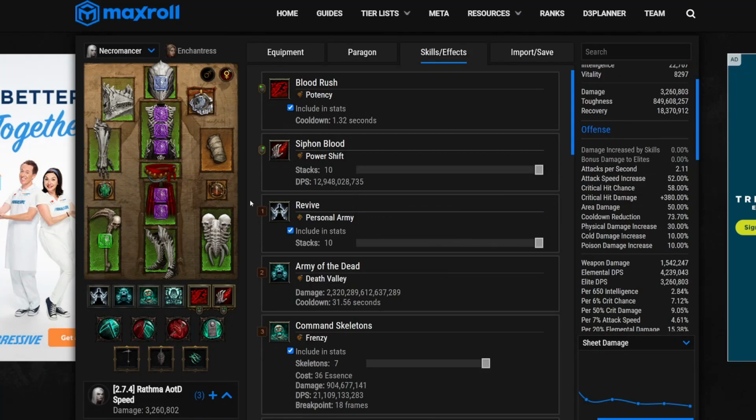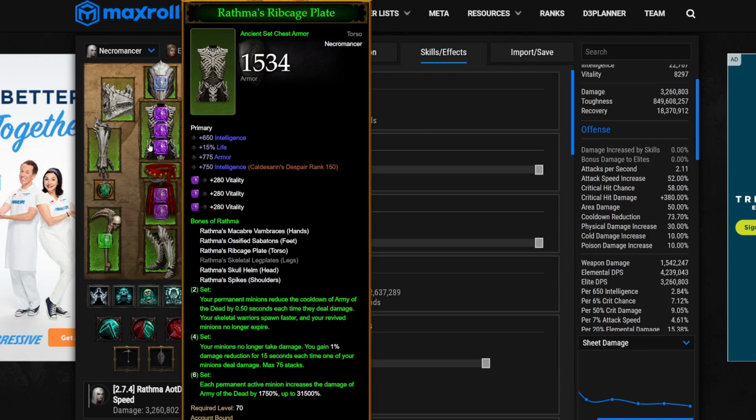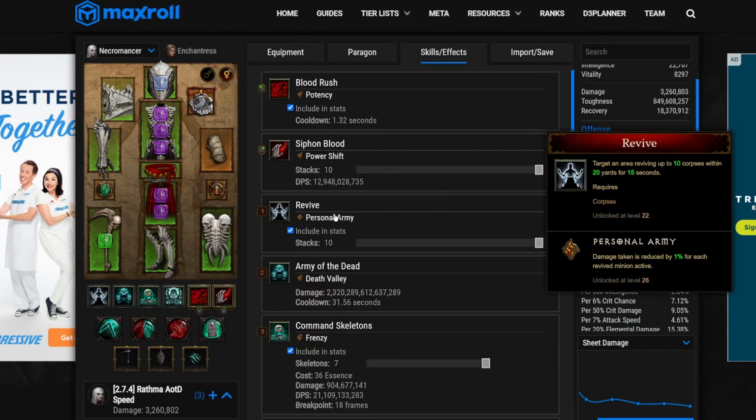Something with this build though I wanted to try is I noticed a pain point with resetting the Army of the Dead cooldown, which is one of the major focuses of the Rathma set. The 2-piece: your minions reduce the cooldown of the Army of the Dead each time they deal damage. Unfortunately, more than half of your minions are revives, and depending on what mob set you're engaging, the revives could be slow moving attacking zombies, or they could be fast attacking,